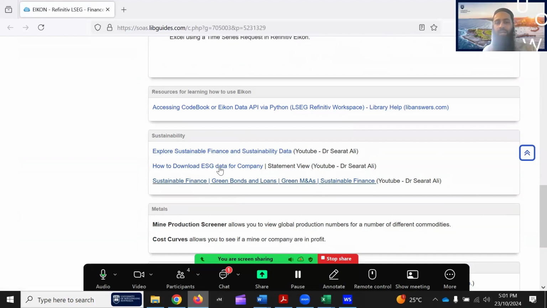No. They have green bond data, how to download ESG data for a company, and explore sustainable finance, that app. Everything about sustainability, that app is covered here. Interestingly, it is the older version from when I recorded it. Now they have moved to a different version, but it still covers everything there.